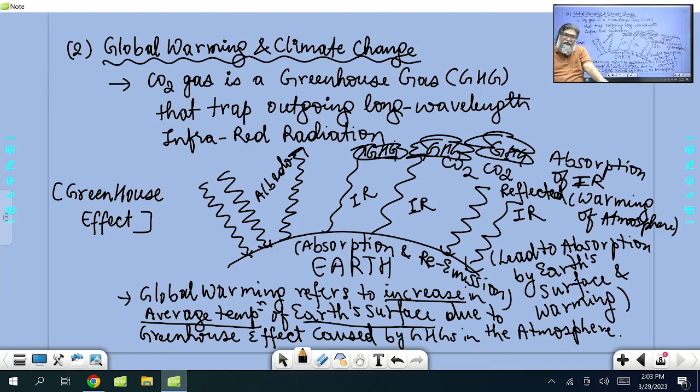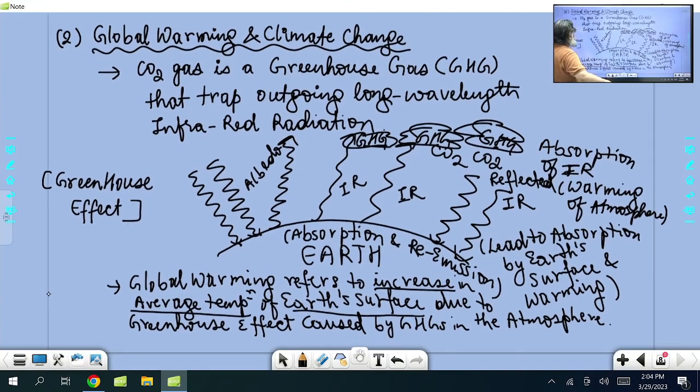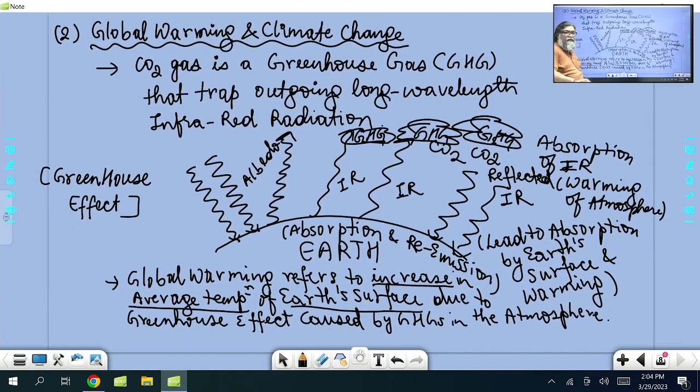And the natural sources are also there. But what is the big problem? The big problem is anthropogenic sources. Human activities, economic activities, burning of fossil fuels, we are generating such gases into the atmosphere, causing this kind of problem. CO2 is one of such gases, and the main thing is the burning of fossil fuel. That is the main thing, right?